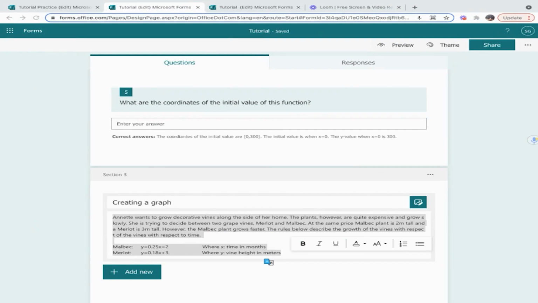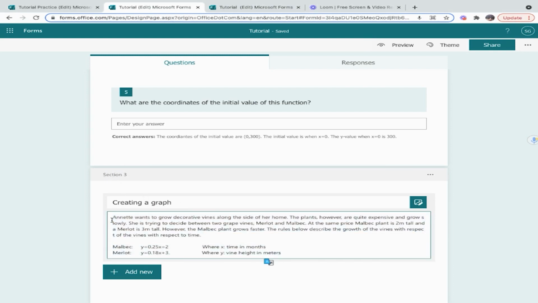So now we're ready to go on with the next question type. Notice that I added another section. I put a title. This is very useful for a type like this, where there's a word problem and the students are then going to be asked to upload a file. So you can ask a question there for an essay. Again, it's useful if you want the students to do something and upload a file.